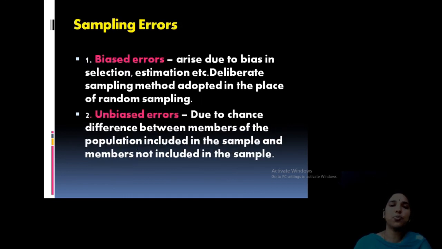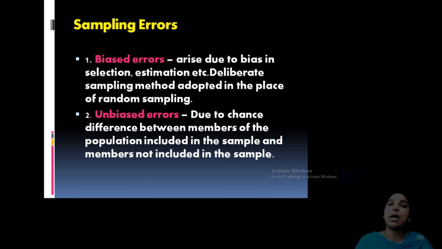Then the last portion. What we discussed is what sampling is, the essentials of sampling, the advantages of sampling, and the methods of sampling: random and non-random types. Random: lottery, random numbers, then stratified, systematic, cluster. Then non-random: purposive, convenience and quota sampling. And we did everything, but there may be some bias or some errors in our sampling.